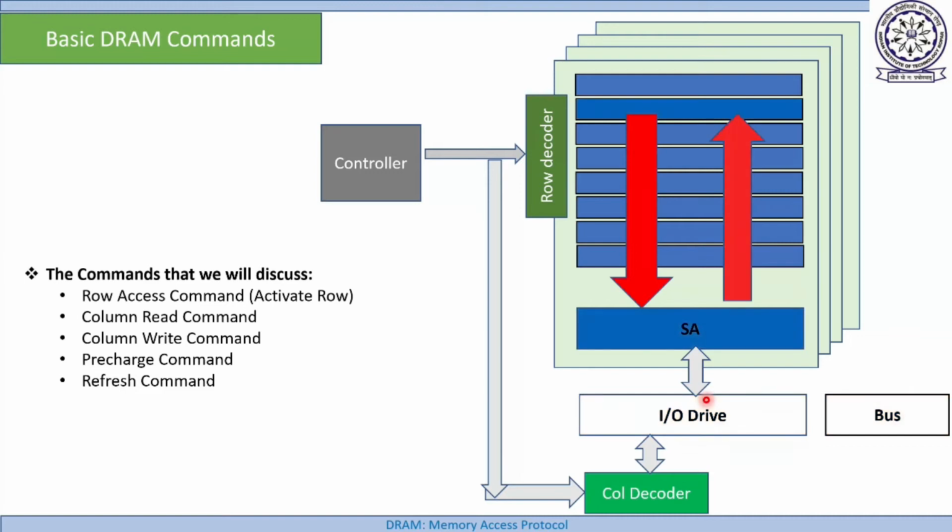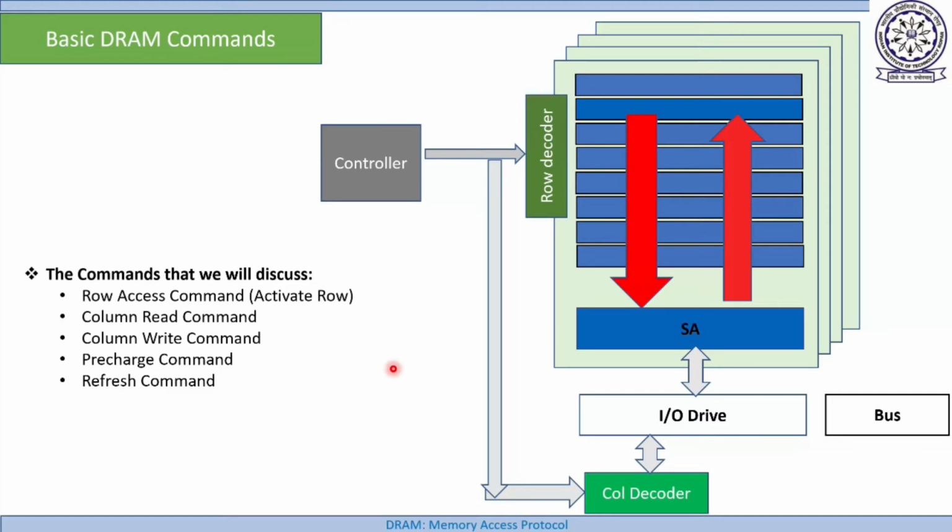Pre-charge. I think there is nothing new to explain about pre-charge. You already know the purpose of pre-charge. I'll just quickly explain. Suppose in this situation, the content of row number 2 is available in the sense amplifier. I'm numbering rows from 1. So if I now want to read column number 3 from row number 3, first of all, we have to pre-charge the sense amplifier. The necessity of pre-charge means converting each sense amplifier in this row buffer to half VDD mode, which I have already explained.